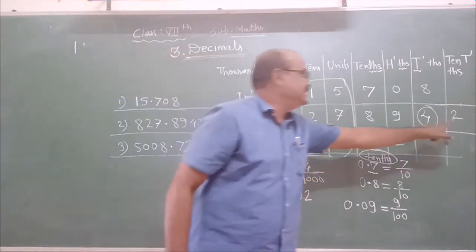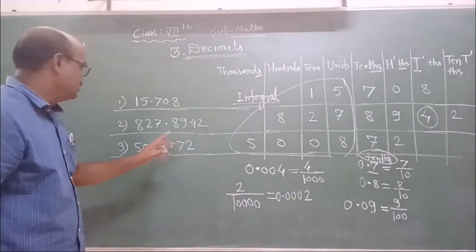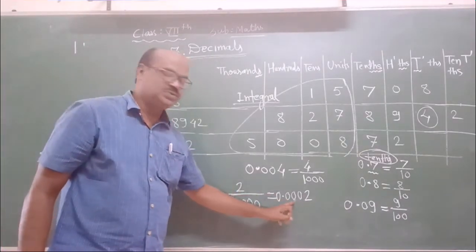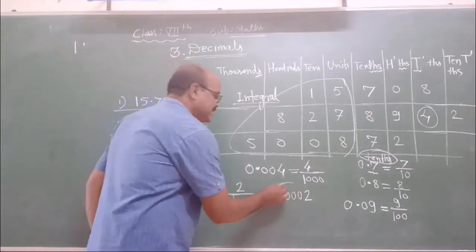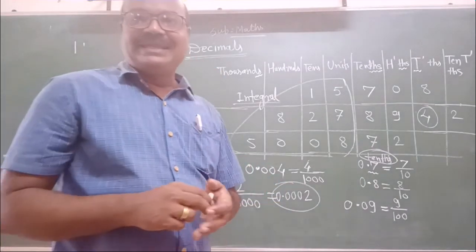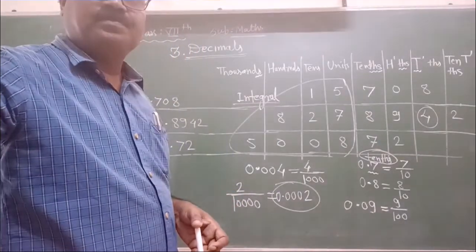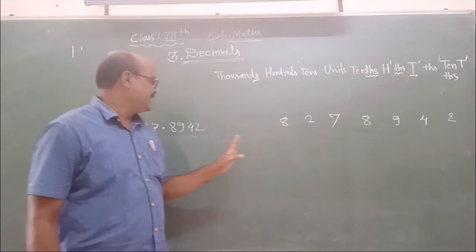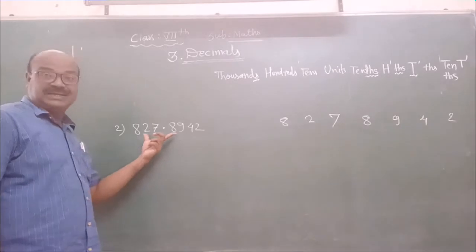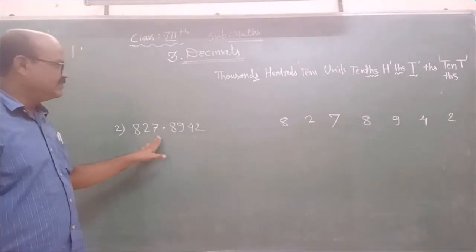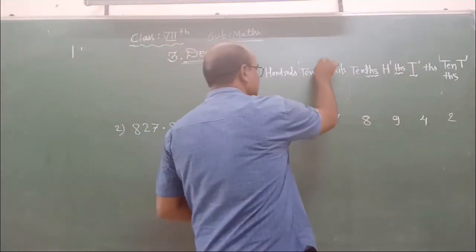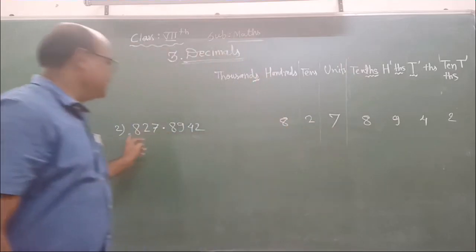So you can see in the second example, 1, 2, 3, 4. Regarding 2, that will be its value. Now students, I will take further examples. Once again we will observe this second decimal. Here 827. So we know at hundreds place 8, tens place 2, units place 7, 827, right?